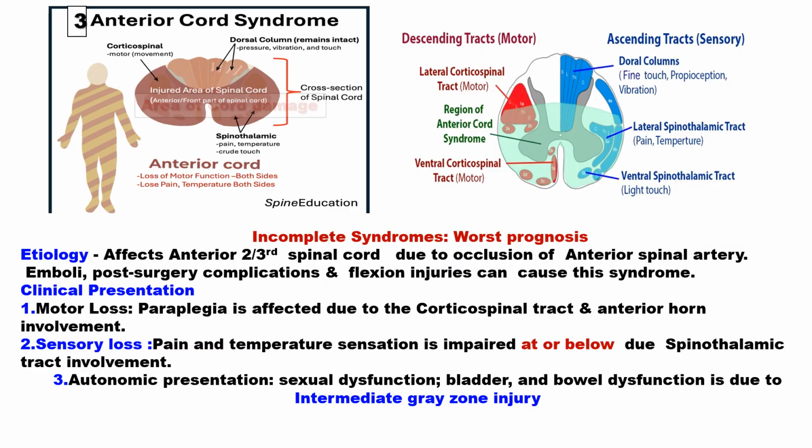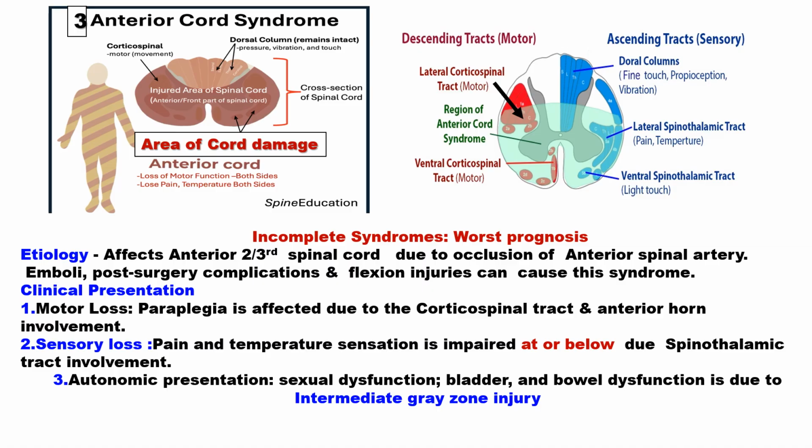Anterior cord syndrome, the area of cord damage. Anterior cord syndrome has a worst prognosis, etiologically affecting the anterior two-thirds of the spinal cord, mainly due to the occlusion of anterior spinal artery, may be due to emboli, post-surgery complications. Flexion injuries can also cause this syndrome. Clinical presentation is